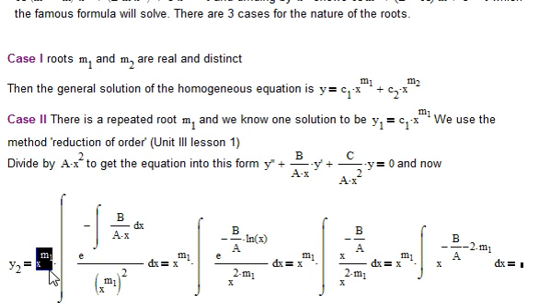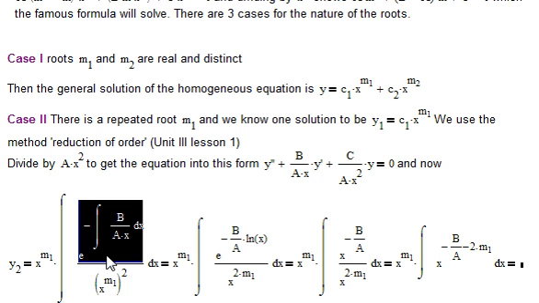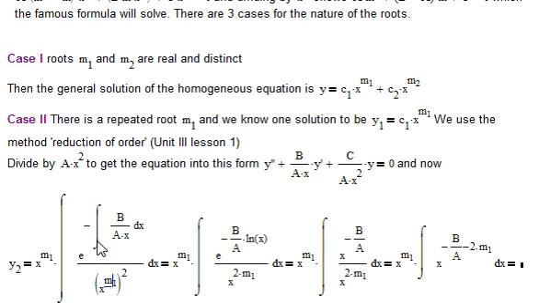So y2 equals x to the m1. Well, you should know that e to the integral of negative p of x dx over x to the m1 squared dx, so we get x to the m1 times, well, this is going to be e to the negative b over a times ln of x, which is just x to the negative b over a, divided by x to the 2m. And so that's